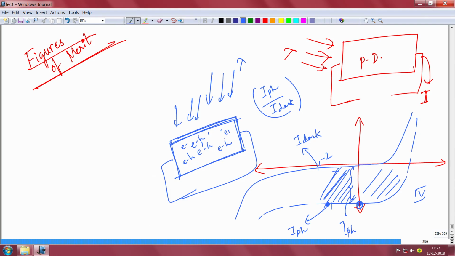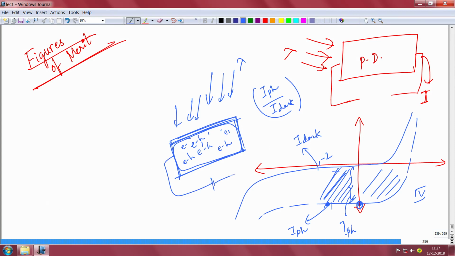So if there is no field, there will be nothing to sweep the electrons and holes away to contribute electricity. Also there is no diffusion, because electron hole pairs are generated uniformly everywhere, so there is no concentration gradient. In other words, you will not get electricity out just by shining light, you have to apply voltage. These kinds of detectors are called photoconductive detectors, and we shall definitely come to that.